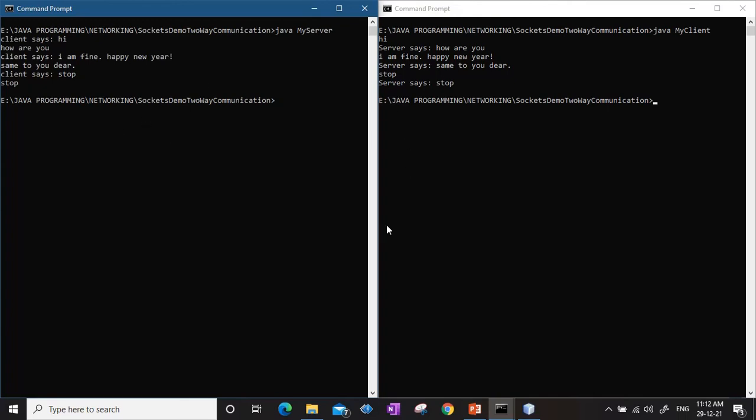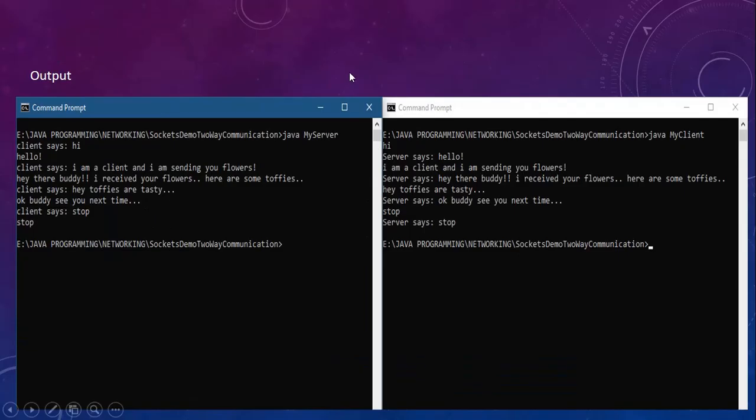So this is a simple example of how two-way communication between the client and server using socket programming, and using TCP, Transmission Control Protocol, which is connection oriented and reliable, happens in Java. So that is it for today's lecture. Thank you.